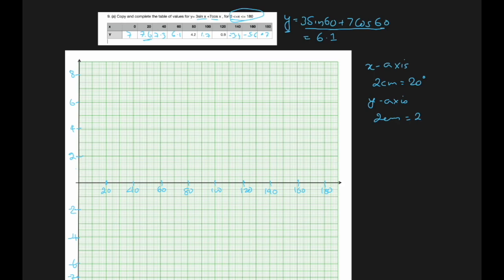Okay, now let me put the points one by one. 0, 7 is the first one. 0, +7. So this will be the first point. 7.6 for 20. So this is 7 and 7.6 will be here. Then 7.3 for 40. 6.1. Then 1.7. Very sharp decline. No, we have 4.2 also in between, for 80. 4.2, then 100, 1.7,